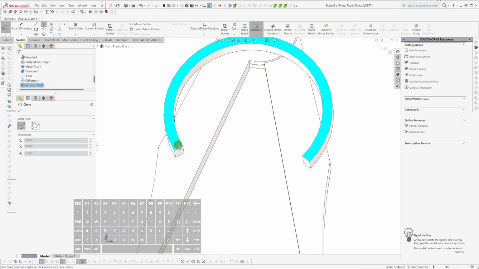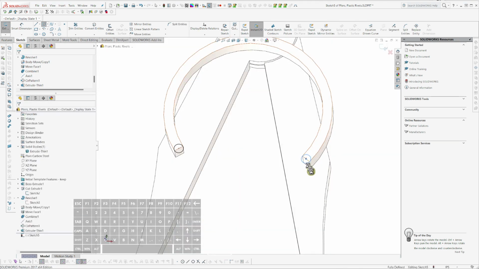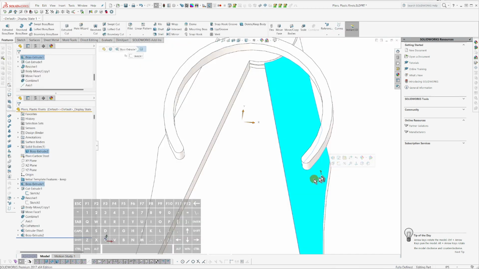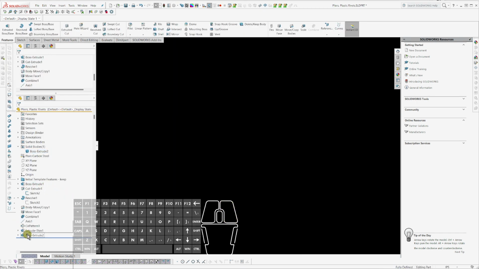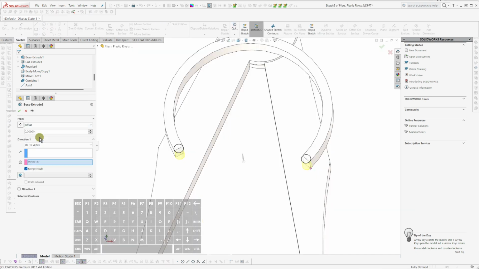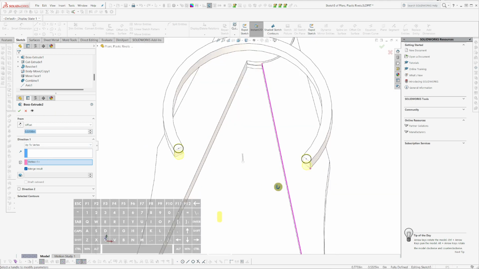I probably should have just done this in the first place. Instead of a thin, I should have just done this in the first place, but this will work. So I'm going to extrude down to here and merge result, and that's going to merge all this together, which I didn't really want to do because I forgot to put the gap. Once I add a gap, an offset, then it will not be joined as one. So I want to put an offset here of 0.02, which is sort of my go-to number